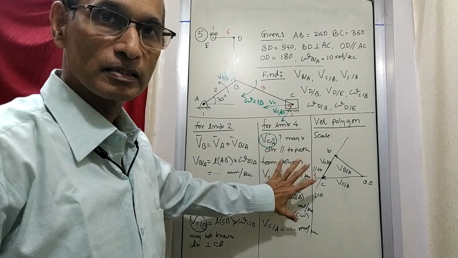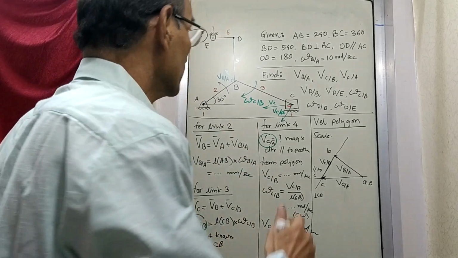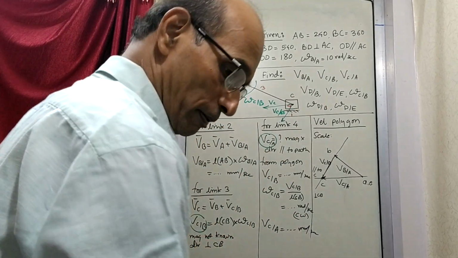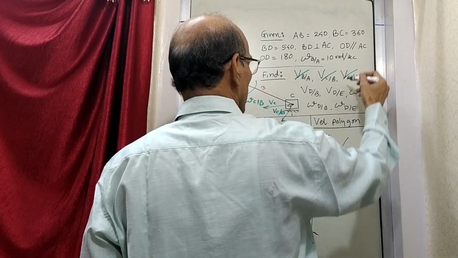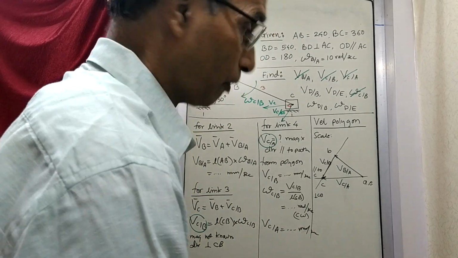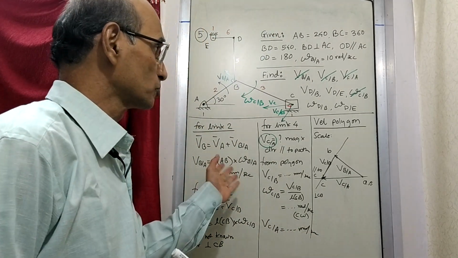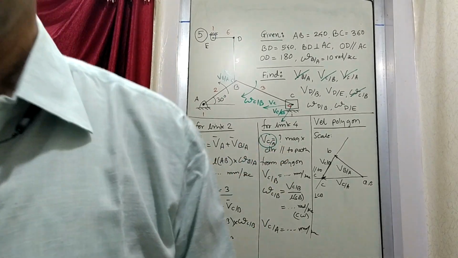So you jot down this so that I can use this space and we can solve the problem further. In the meantime, we have found out some of the parameters. This we have found out, this we have done, this we have done, and this. So this much we have found out at this stage. So copy this down and then we will go to the next part.